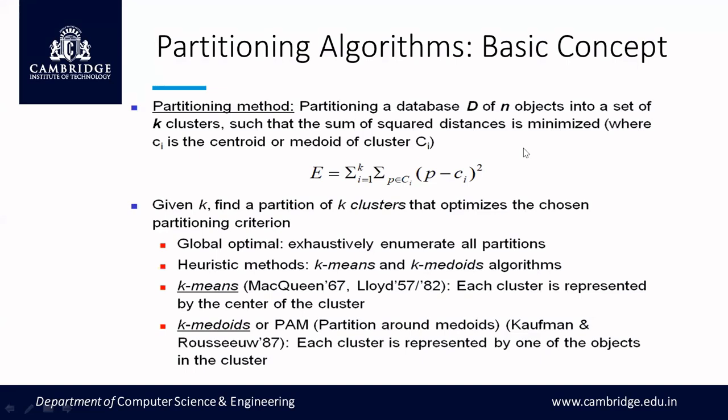Given a database or data set with data points or objects, our intention is to classify them into, say, k clusters. So this k is determined by the user. The method used in the partitioning method is sum of square distance. If you have a minimum square distance between 2 points, you can say that this particular data point that you are trying to classify belongs to, say, cluster 1.